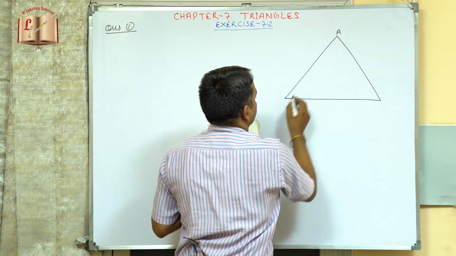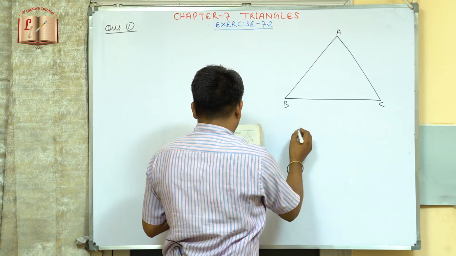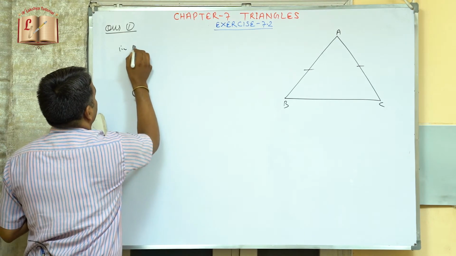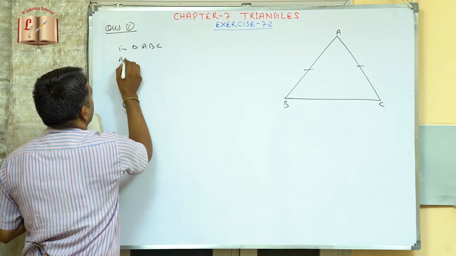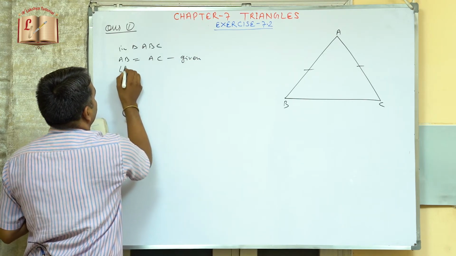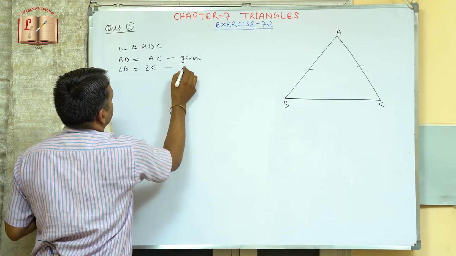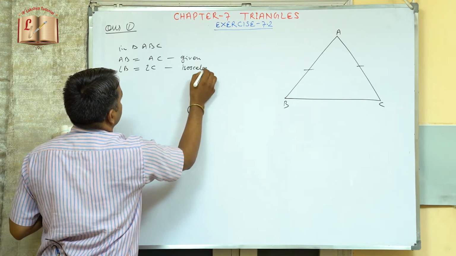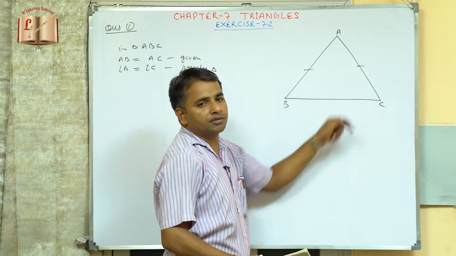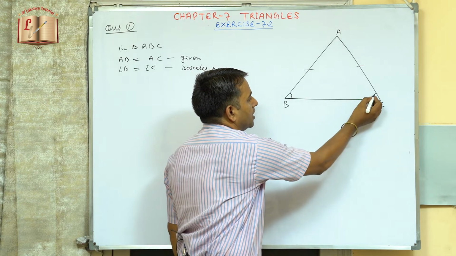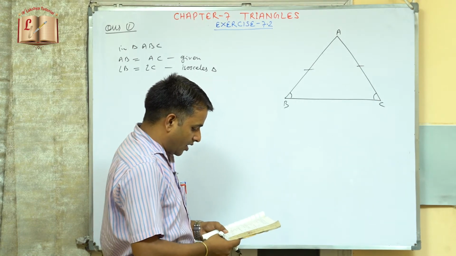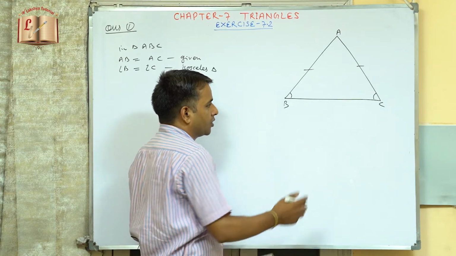In triangle ABC, this triangle is already given, and here this side AB is equals to AC. So we will write in triangle ABC, AB is equals to AC. So this is given to us. Even angle B will be equals to angle C, again isosceles triangle. So these sides and these included base angles will also be equal because ABC is an isosceles triangle given to us. The bisectors of angle B and C intersect each other at O.